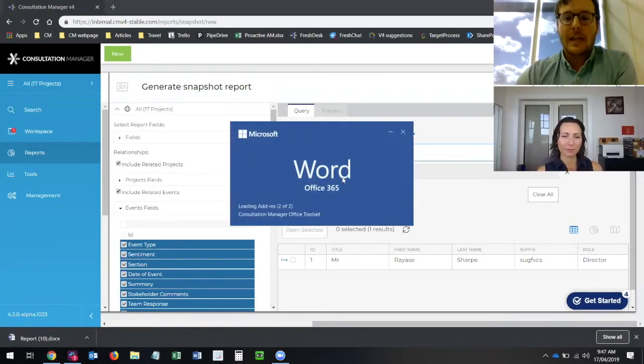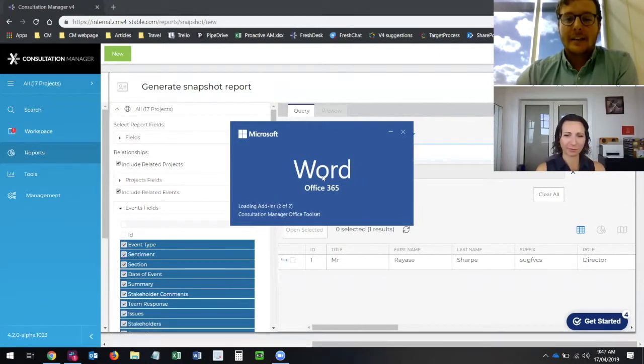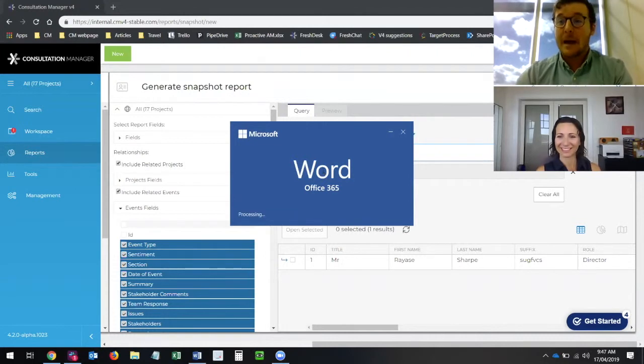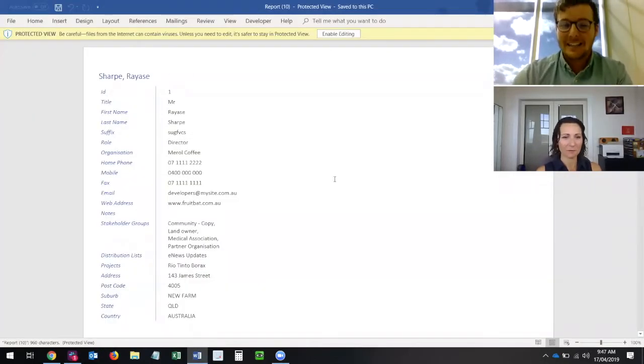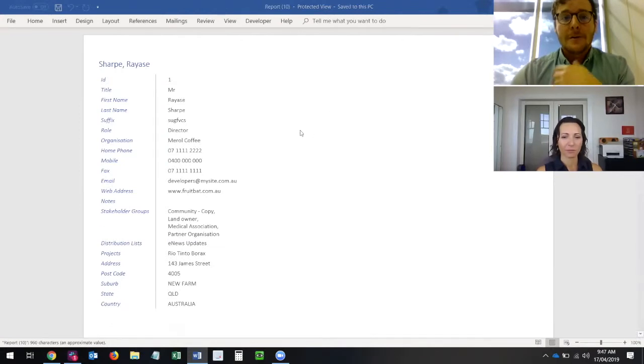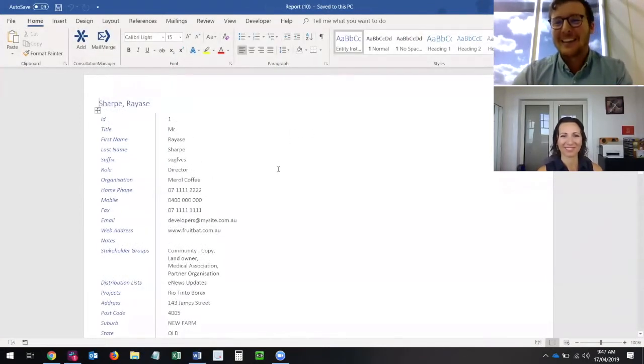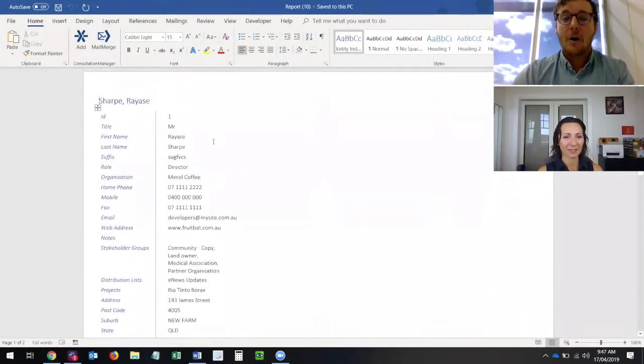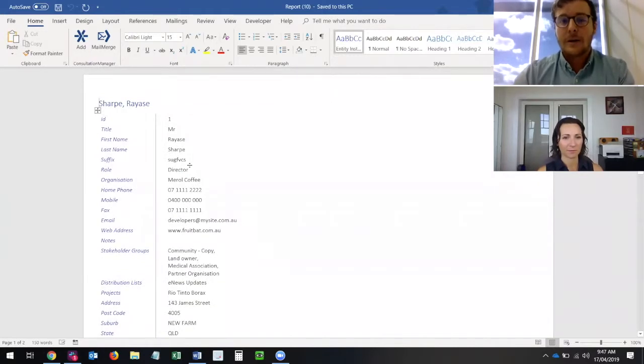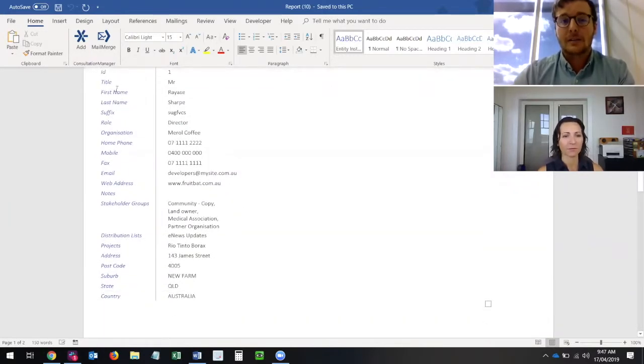So this is our snapshot report. And again, bear with me while this is a work in progress, so some things may not appear exactly as they will in the future. Also bear in mind that this is dummy data. On the first page of this snapshot report, as it's a qualitative report, it's basically just removed all of